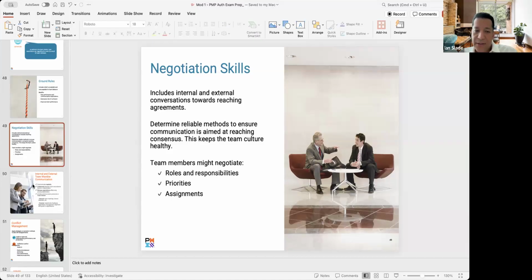And so you want to make sure that everyone is clear as to what their swim lanes are, what their focus is, so that when you come back and meet again, you don't divert from your swim lane, so to speak. So we'll go more into this as we go along, but there's so much that goes into negotiation skills,